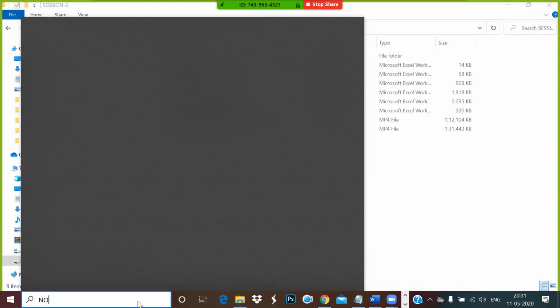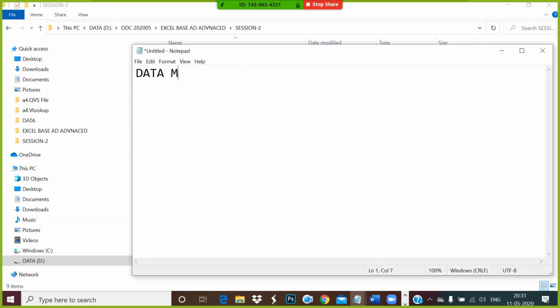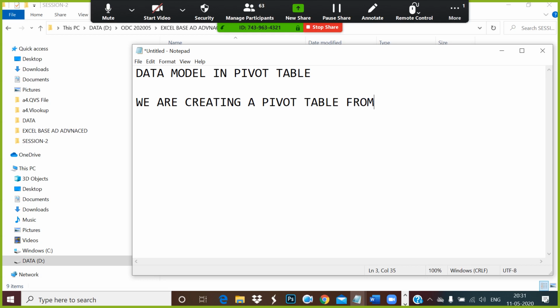When you say data model in pivot table, it means we are creating a pivot table from multiple sheets.